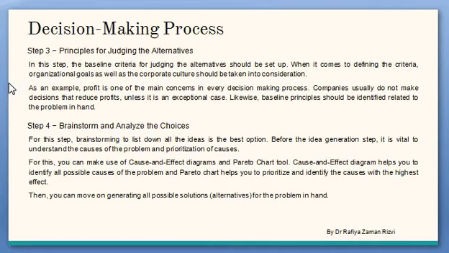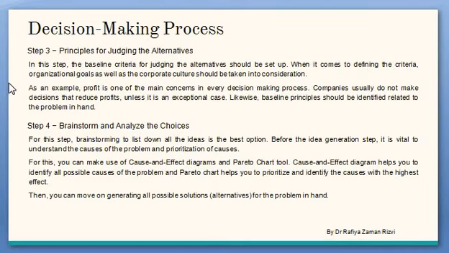Companies usually do not make decisions that reduce profits, unless it is an exceptional case. Likewise, baseline principles should be identified relating to the problem in mind. So here we have to find out the alternative choices which help us solve the problem